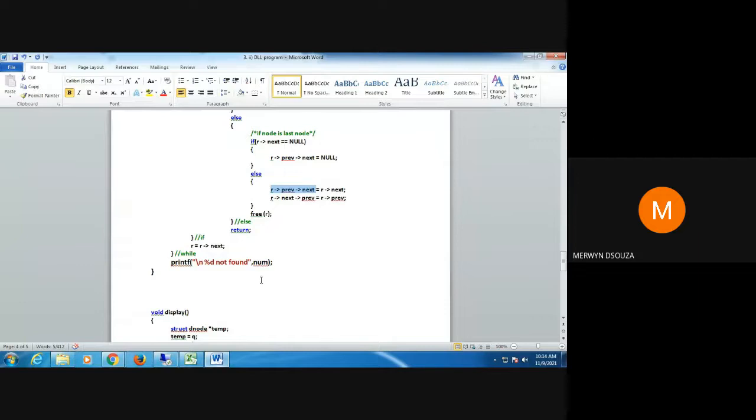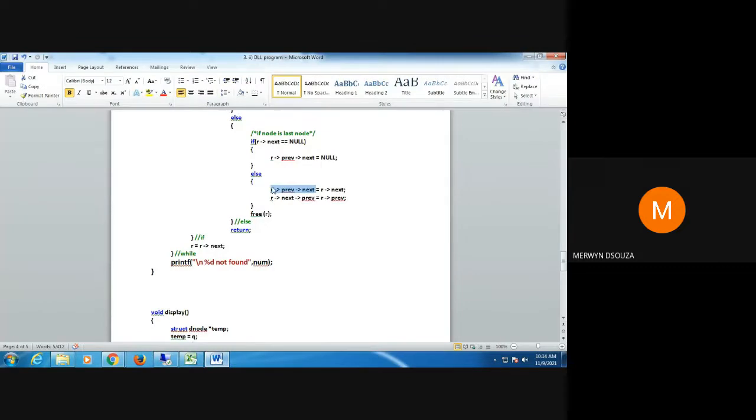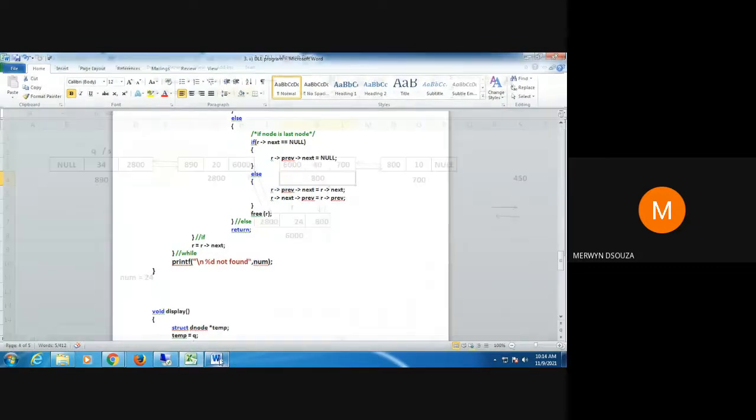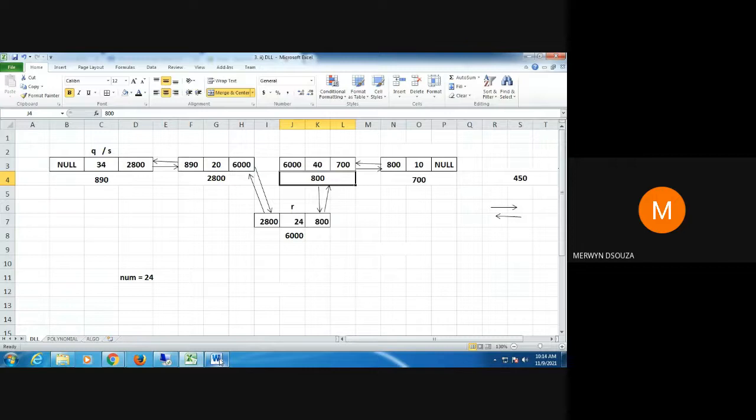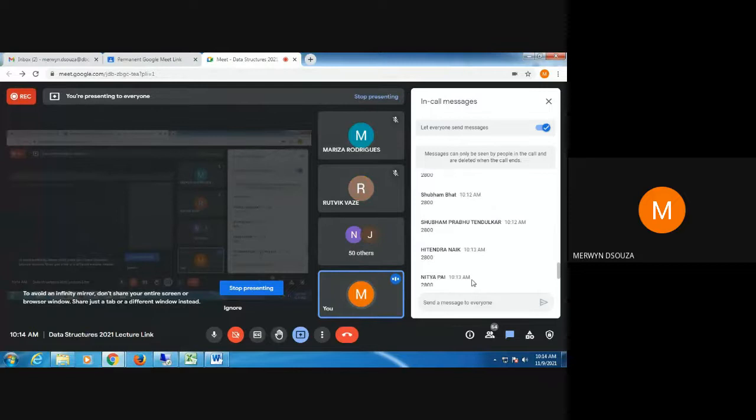Can you all tell me this line of code, R arrow previous, arrow next, is referring to this 2800 or is it referring to 800? Which node is this line of code referring to? R arrow previous, arrow next. Where is it referring? Is it referring to 2800 or to 800?